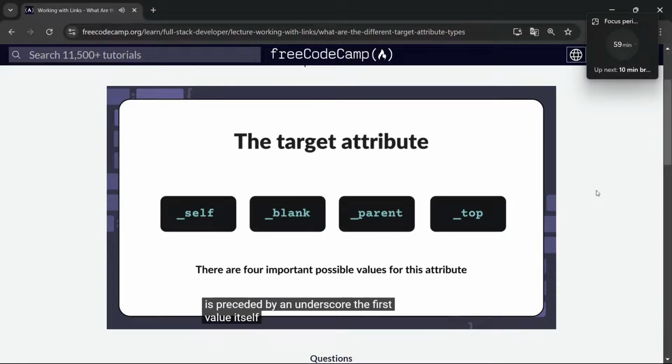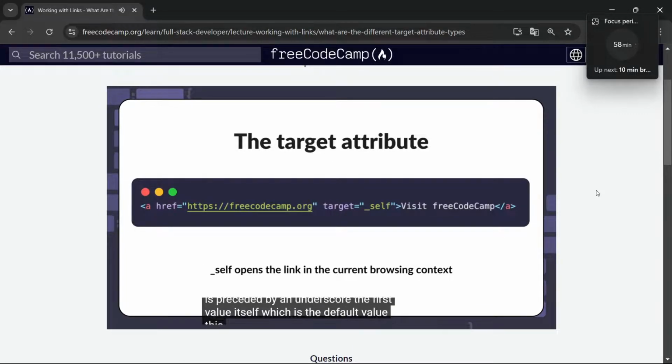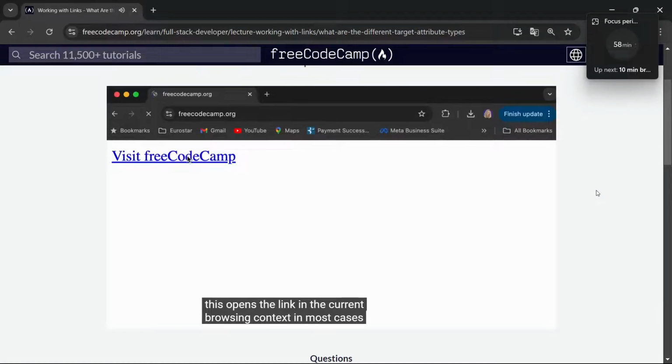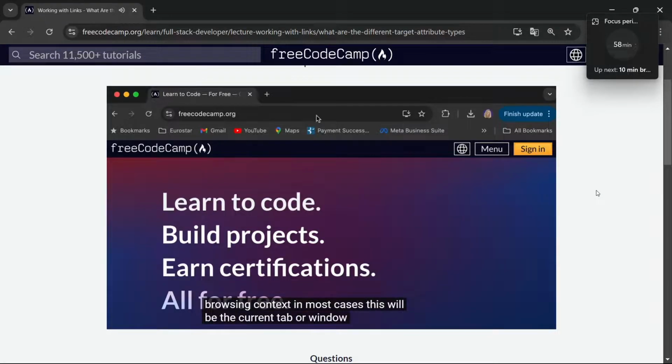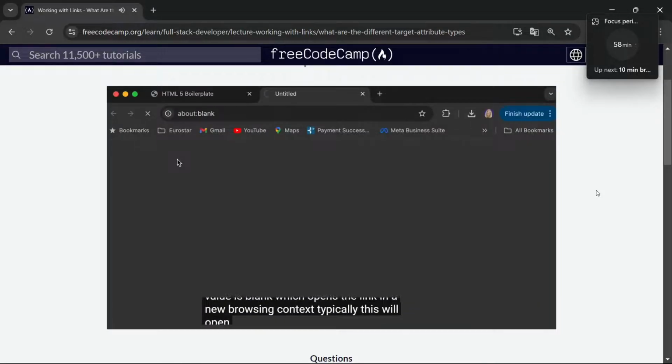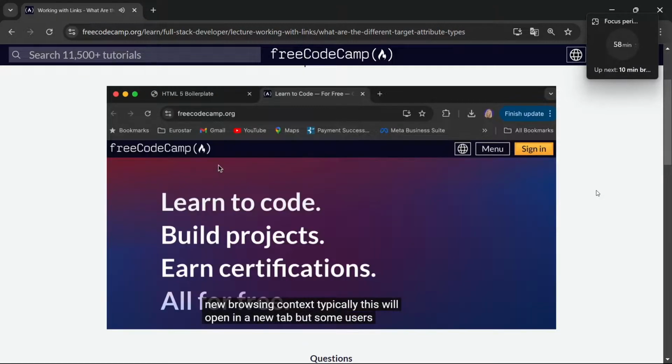The first value is self, which is the default value. This opens the link in the current browsing context. In most cases, this will be the current tab or window. The second value is blank, which opens the link in a new browsing context. Typically, this will open in a new tab, but some users might configure their browsers to open in a new